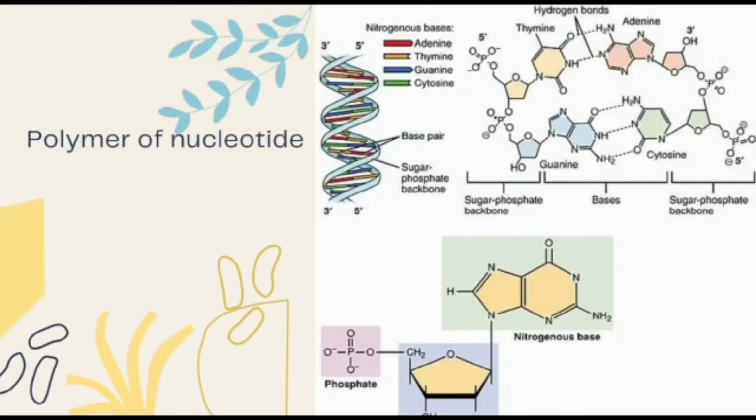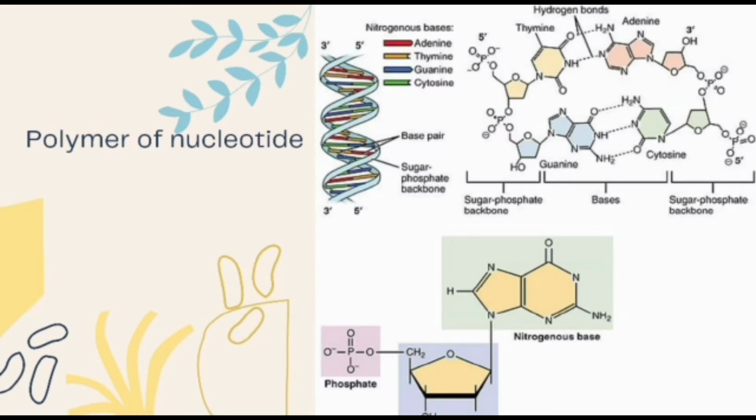A polymer of nucleotides. Each DNA strand is a polymer made up of nucleotide subunits. The nucleotides join together to form long unbranched polynucleotide chains. Each nucleotide consists of deoxyribose, a 5-carbon or pentose sugar, an organic nitrogen-containing base, of which there are four different